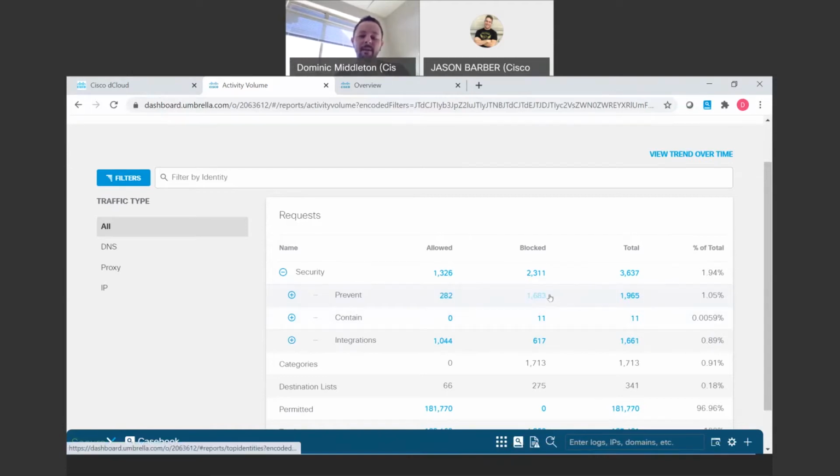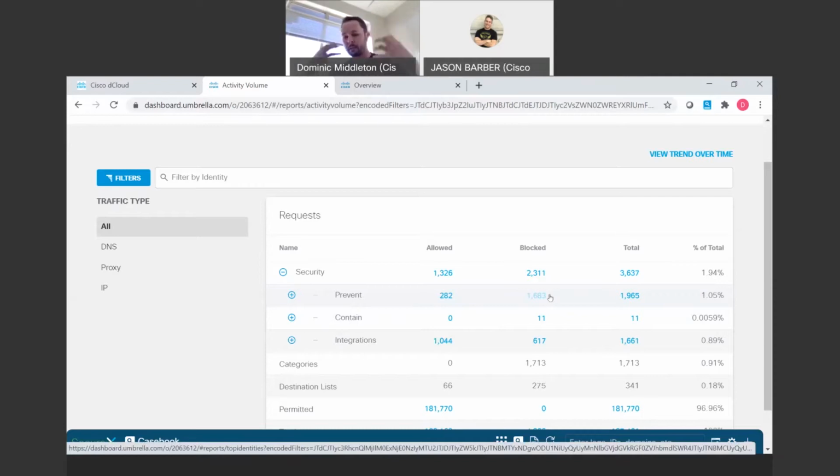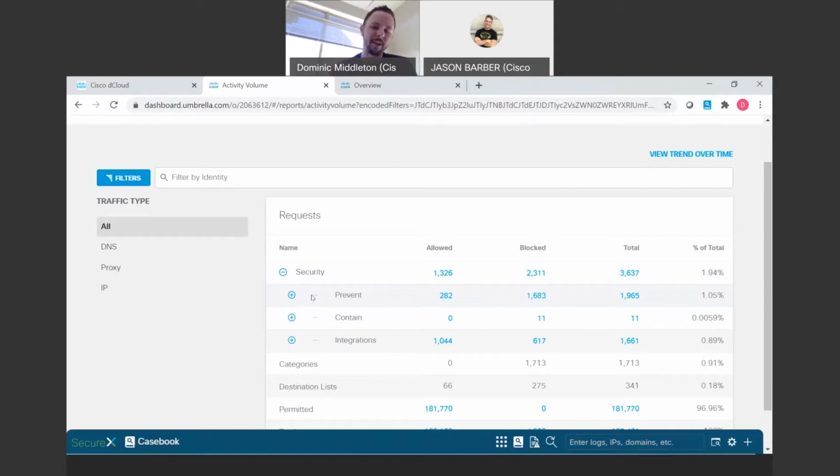I also want to see that 1,600 of those were blocked. That's a lot of blocks. I want to find out who's going to those websites on their work computer, why they're going there, and what they're doing with those websites. Are they bringing in threats that are going to harm the rest of us, et cetera, et cetera. Pretty standard prevention conversation, right? What gets really interesting, though, is looking at my containment requests, okay?